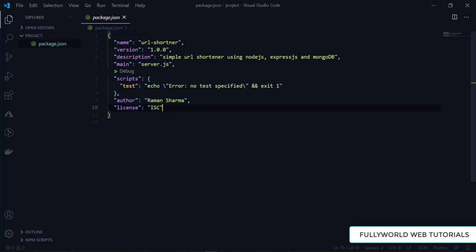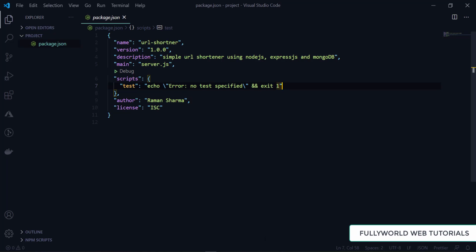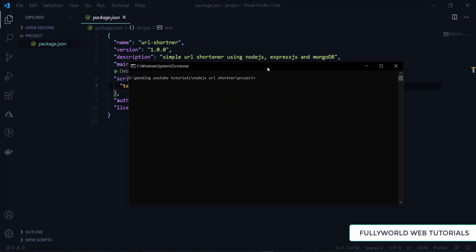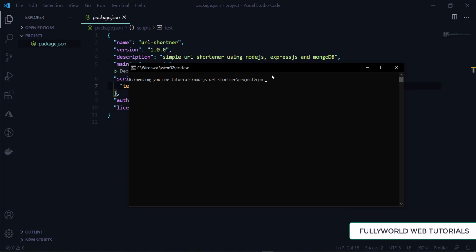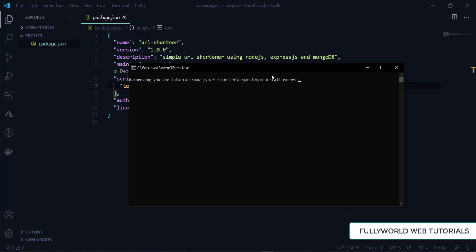First of all, let's create a server. To create a server we need the express package. Now I'm in the project, so here I will write npm install express. You can write npm install express or express.js.